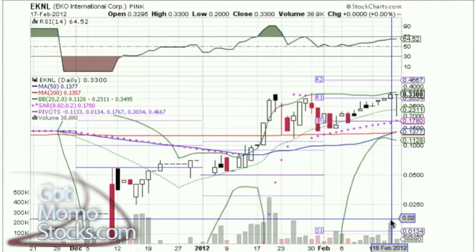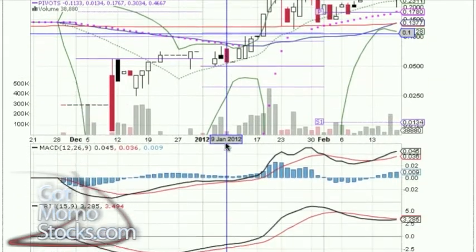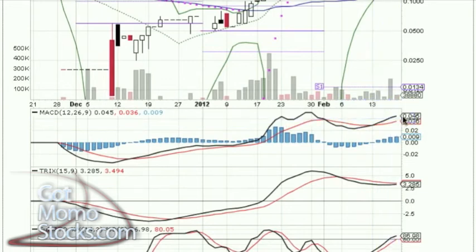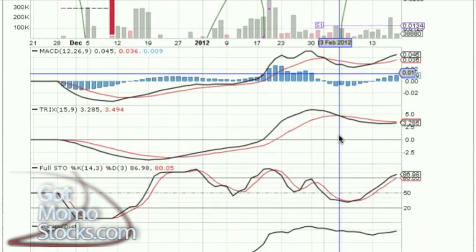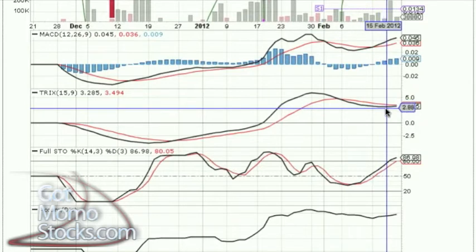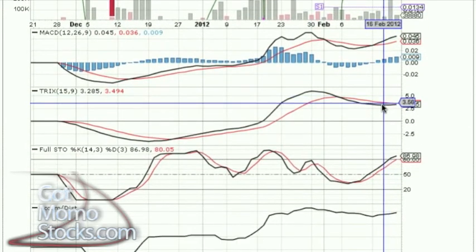Very, very important. We've got decent volume. It's steady but strong. If we look down here at the MACD line, we can still see there's a buy sign here. It's increasing, and it's headed north. We're nowhere near the oversold territory. The TRIX indicator here looks awesome. I would say it's a soft buy, but we've seen this before, crossing over, and